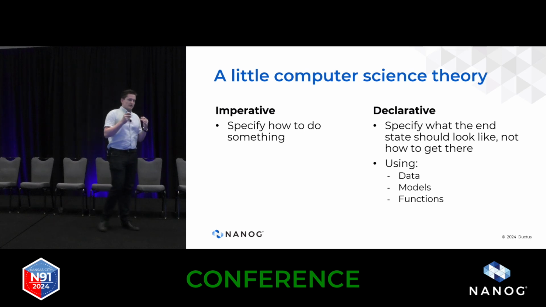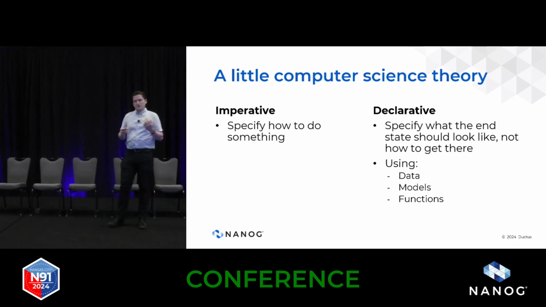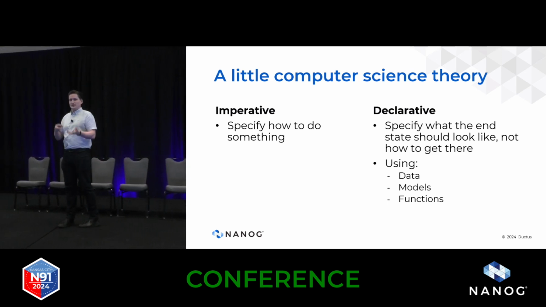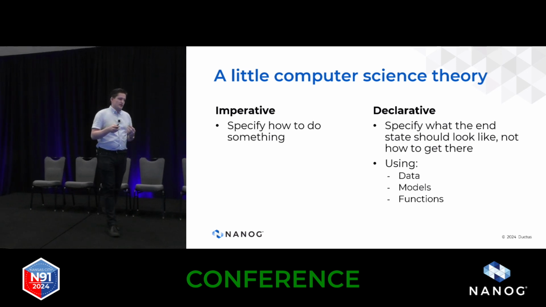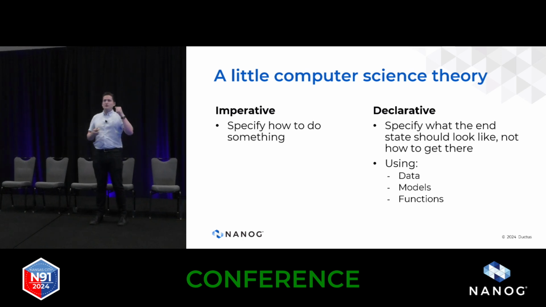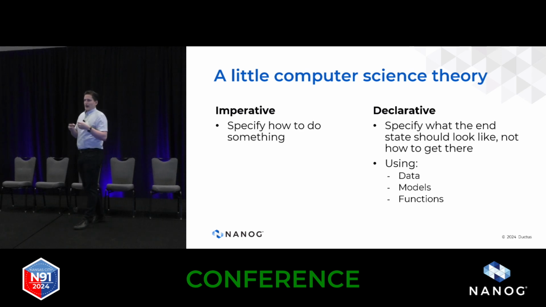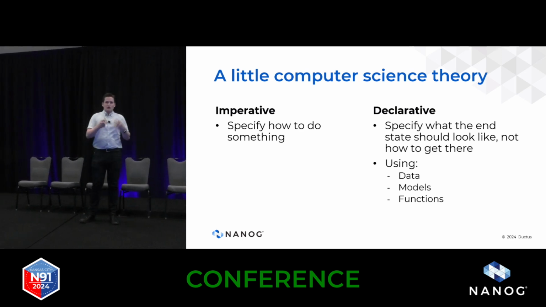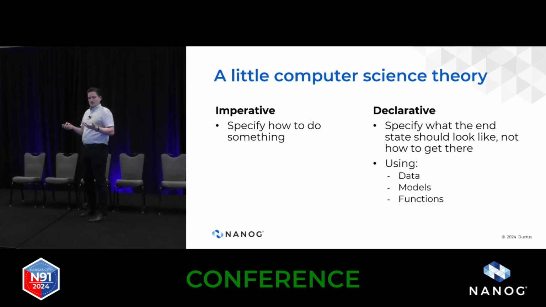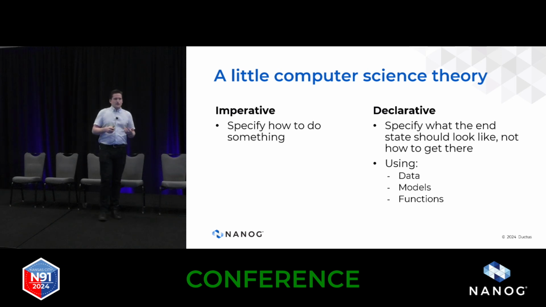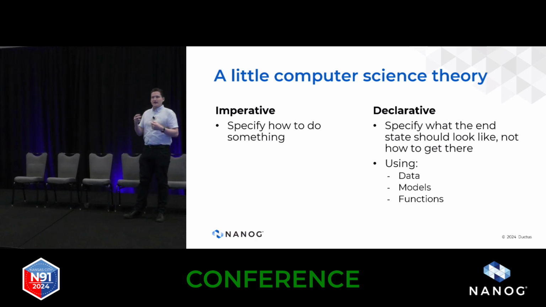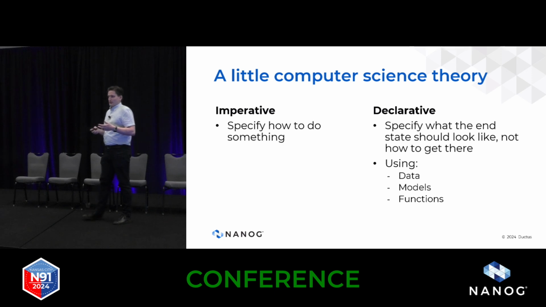Well, let's break it down and think about computer science for a minute. In programming, we have imperative languages, and we have declarative languages. An imperative language is something many of you may have used, where you go through and tell it what steps to do. You tell it how to solve the problem. And you're going to modify data structures along the way. You may have dictionaries or lists, variables, change what the variables are, use for loops, all this stuff, right? A declarative language, on the other hand, will focus on the what. What is the problem that you're trying to solve? And defining the solution in terms of formal logic.